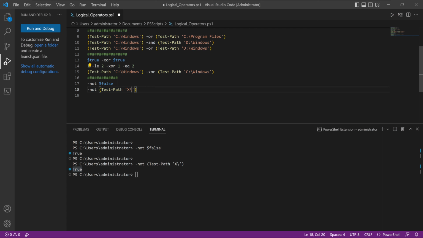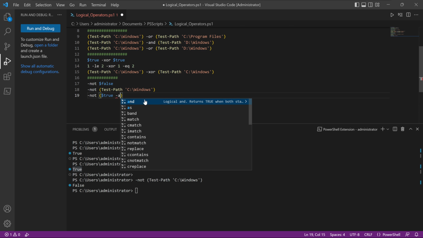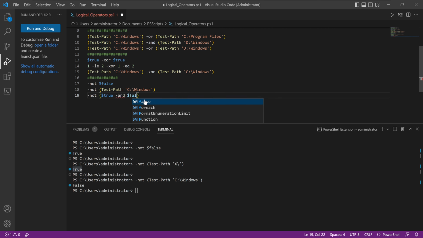So if it is true, for example, if I put the test path, this path, which does exist, it should return false, because it's flipping the true statement to a false statement by adding not in here, right? And again, I will show you another example of it. If I go not in here, and if I go true, and if I go false,